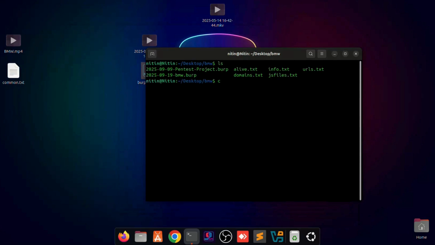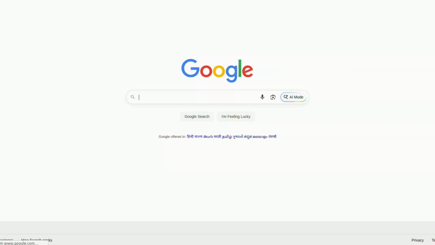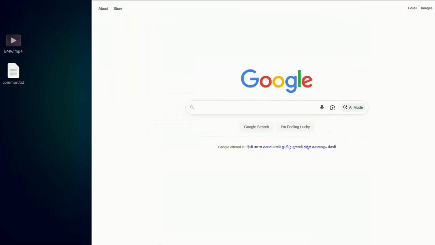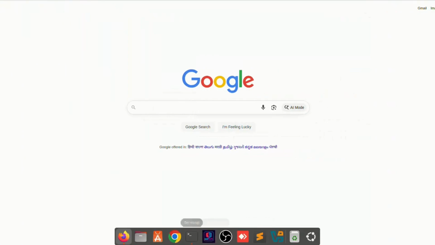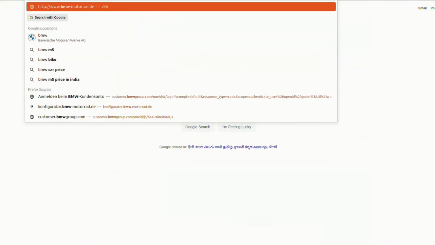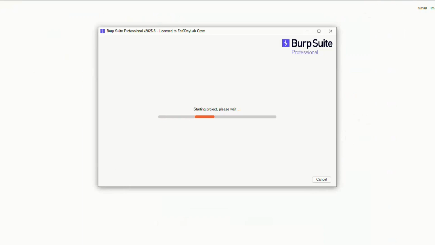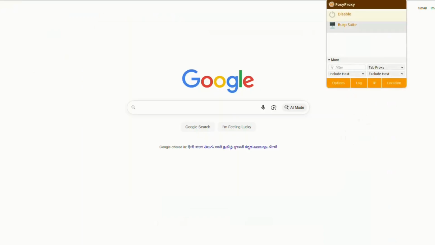Let's open our Firefox browser, and now let me open my Burp Suite and BMW. Yes, this program. Let me turn on Burp.